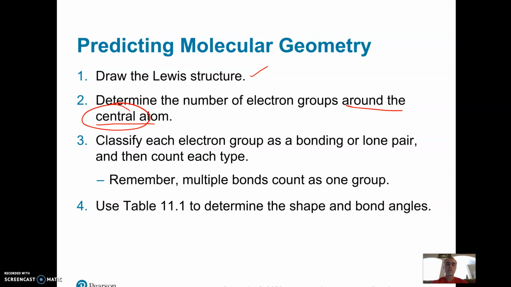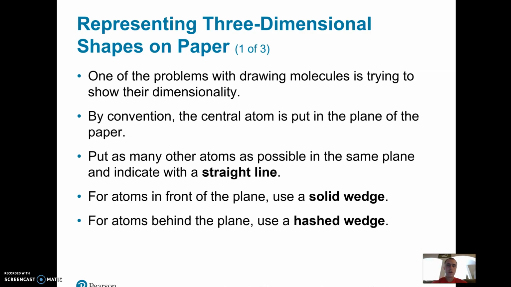Then we can look at those electron groups and call them bonding or lone pair groups, and then figure out how many of each one we have. Based on the number of electron groups, how many are bonding, and how many are lone pairs, we can look at this table to figure out what our shape is, and it's all based on the Lewis structure. So having the Lewis structure correct is a big thing. Also remember that if we have a double or a triple bond, it still only counts as one electron group. Don't need to write any of this, but